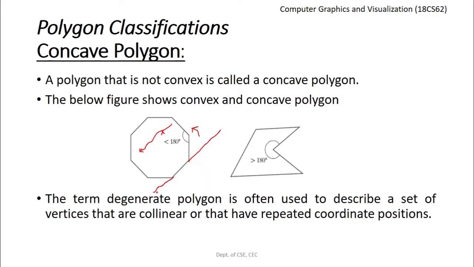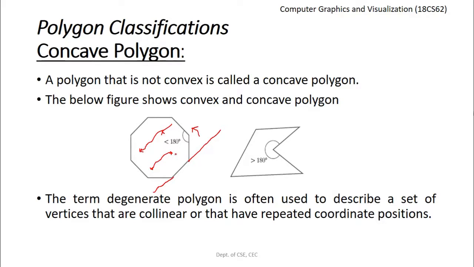So if I infinitely extend this edge of a polygon, you find that the interior of a polygon is lying on only one side. So this is one more condition to check if it's a convex polygon. Third condition, if we identify any 2 points within a polygon, and if we join these 2 points with a line segment, if the line segment is also lying within the polygon, we call it a convex polygon. So these are the 3 conditions for checking if a polygon is convex or concave.